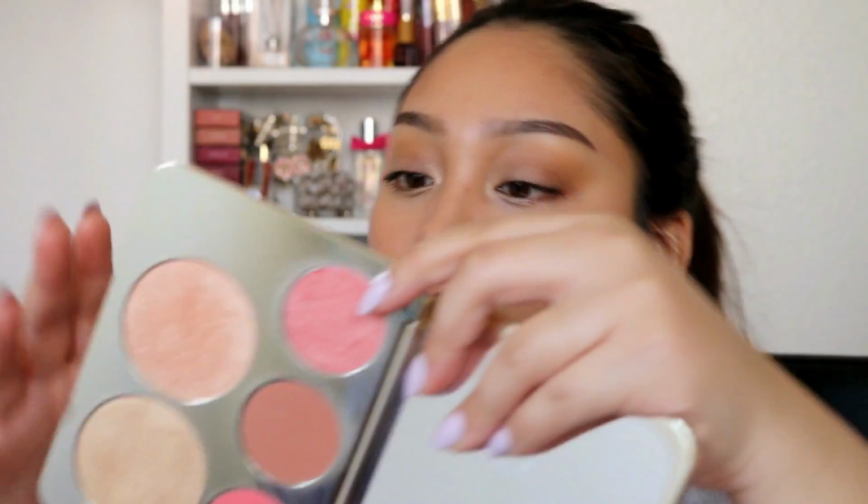Foundation looks flawless at the moment. I really like how it looks. I just don't like the shade, that's pretty much it, but I like everything I see on my face right now. So for blush, I used my Becca Jaclyn Hill face palette, and I used this shade right here,